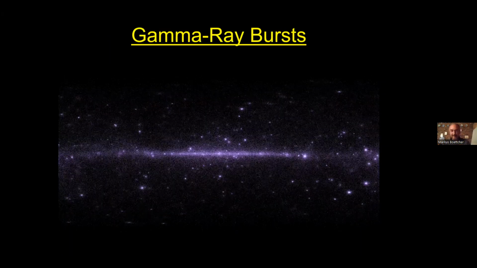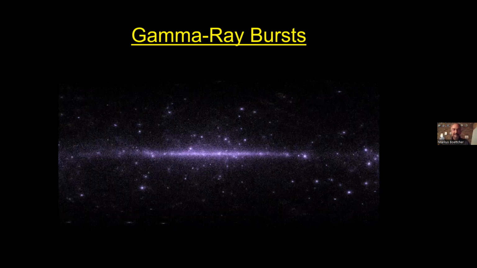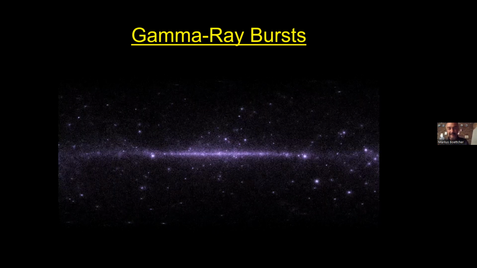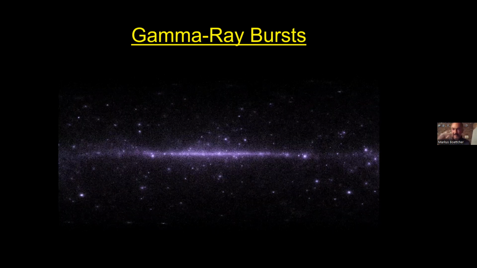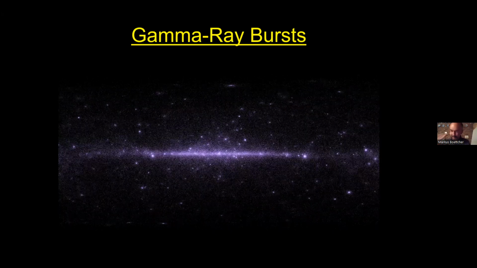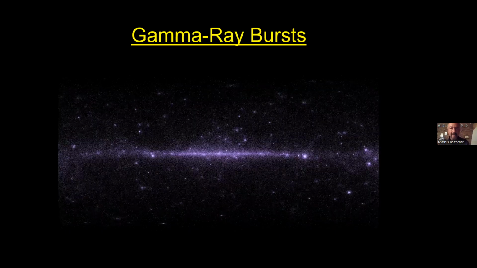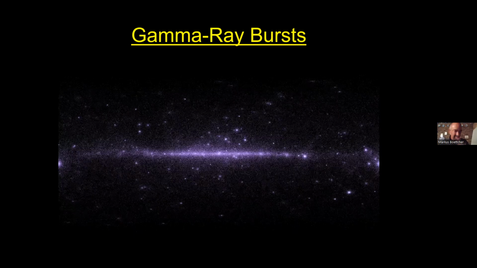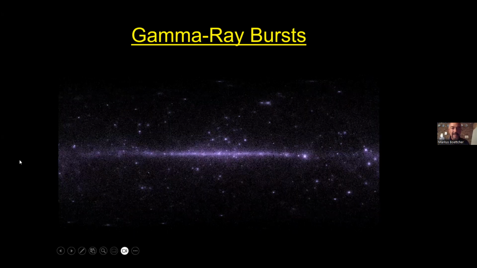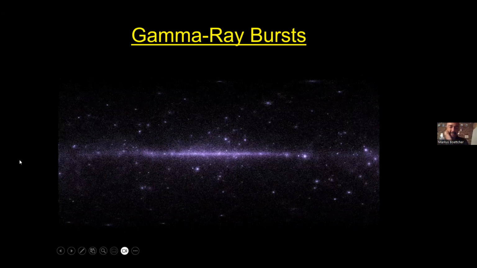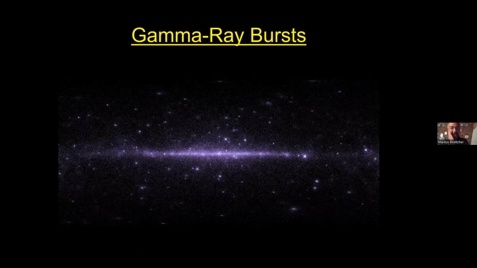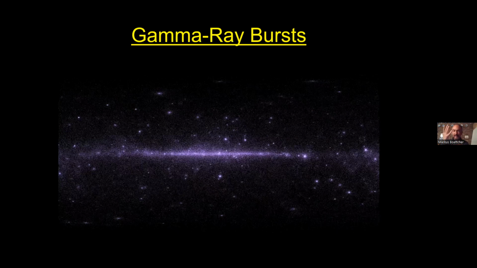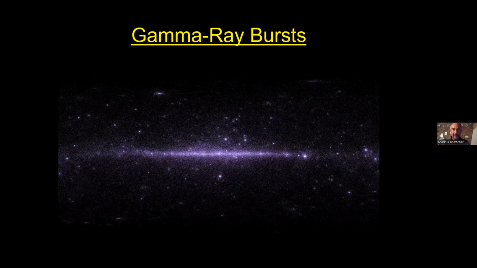Now, the last thing I want to talk about is not steady sources. Many sources that we see with gamma rays are actually not just staying at the same brightness all the time. That's definitely the case for these active galaxies. I could talk much more about that. But there are also transient sources, meaning sources that in the gamma ray sky only shoot up for a short amount of time and then never again.